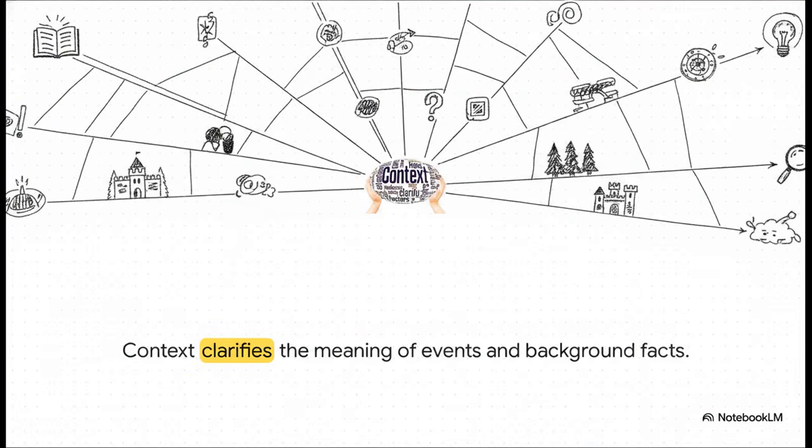Let's start by establishing exactly what we mean when we use the word context. Think of literary context as this massive, invisible web of background facts, character motives, and settings. It encompasses all those surrounding factors that help us clarify meaning. Basically, it's the essential stuff outside the main plot that helps us grasp the true living world the story actually